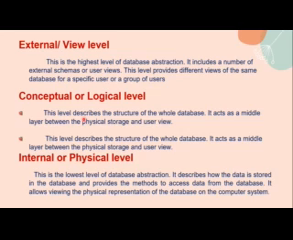Then come to the internal or physical level. The internal level describes the physical storage structure of the database. Moreover, it describes the complete details of the data storage and access paths, remember. This is the lowest level of database abstraction, and it also allows viewing the physical representation of the database on the computer system. So this is about the